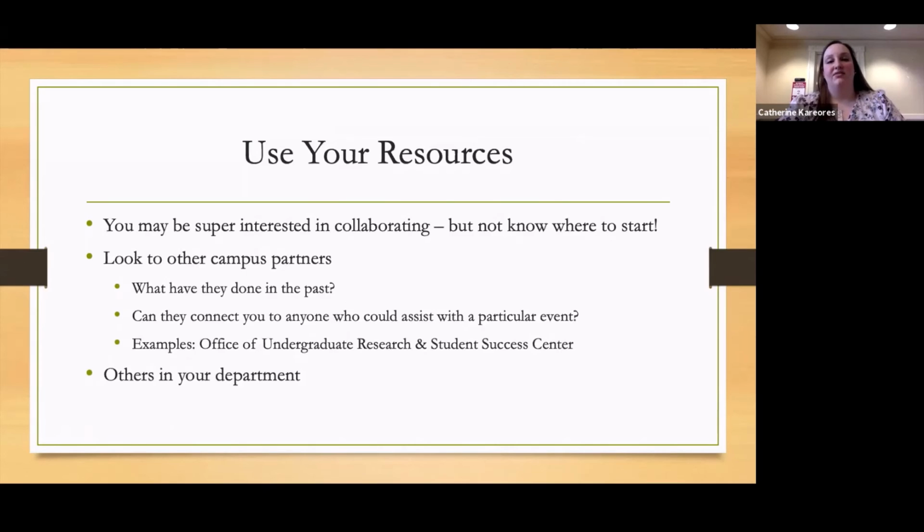They typically have undergraduate students who work really closely with faculty and other opportunities for students to get involved and build those relationships with faculty. And then don't discount others in your department as well. So maybe look to a professional staff, an assistant director, or somewhere a little more up the chain to see what they've done in the past. Like how have they incorporated members of their living learning community or other communities with faculty involvement into events.